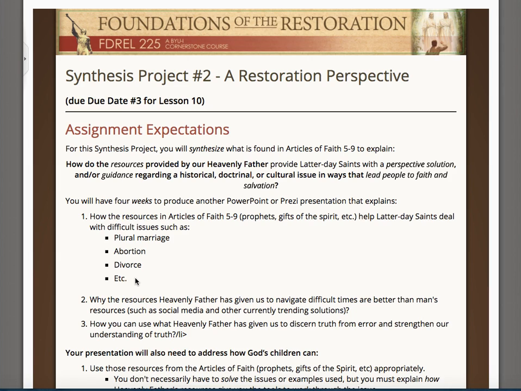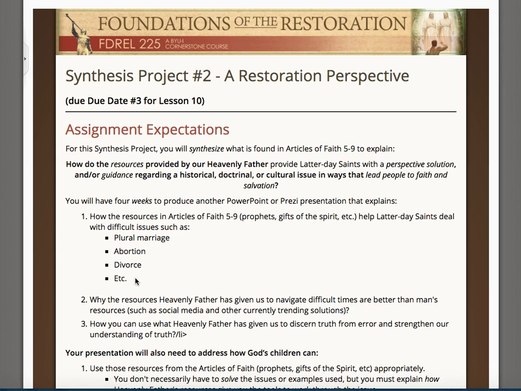What I would do is pick maybe a topic or two, or just a topic, and use it as my platform to work through the things they've outlined here that you need to do. Or pick two or three, whatever you want. But there's a modern day approach of how do these truths in these articles of faith help you deal with difficult issues. It doesn't mean it solves it. I don't think there's anything in these articles that talk about plural marriage specifically, but there are principles there. And so what are those principles that help us when we deal with issues that come up?